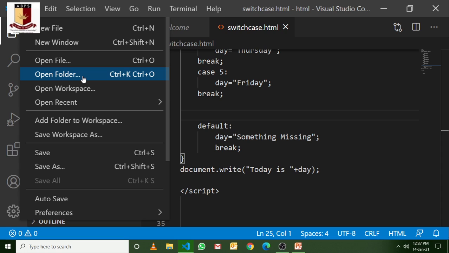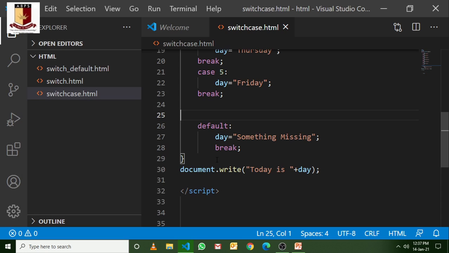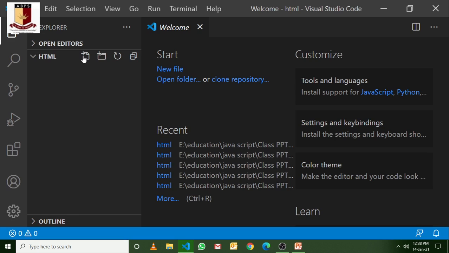Now select the folder. Okay, now create here a file, new file. Give the name whatever you want. Suppose I give for.html.